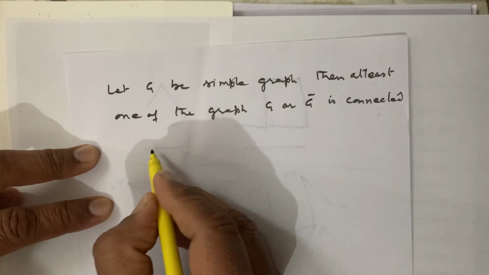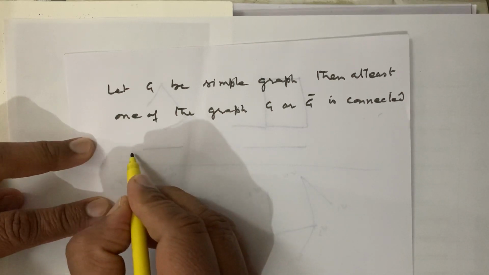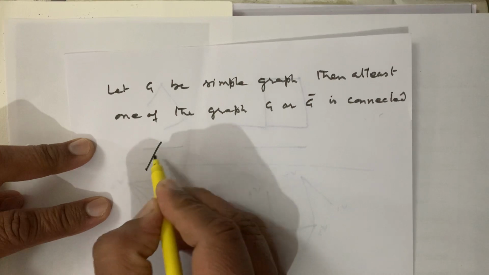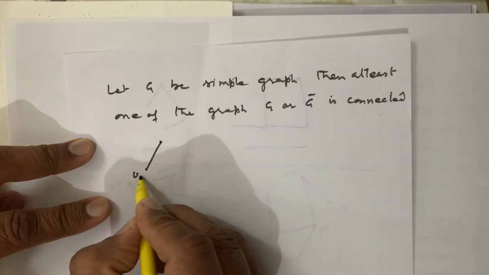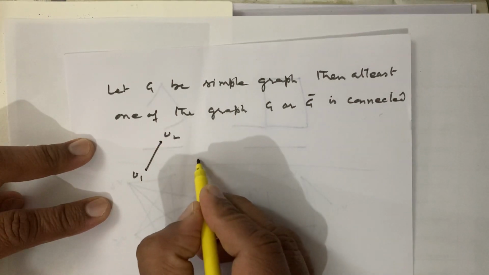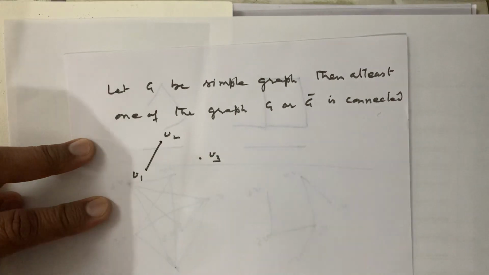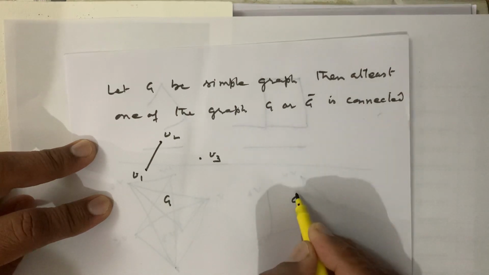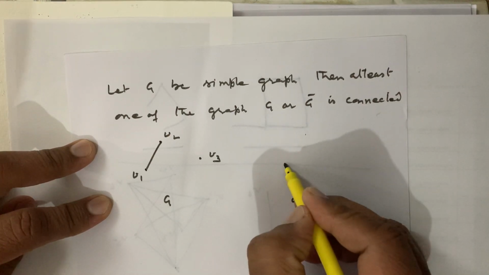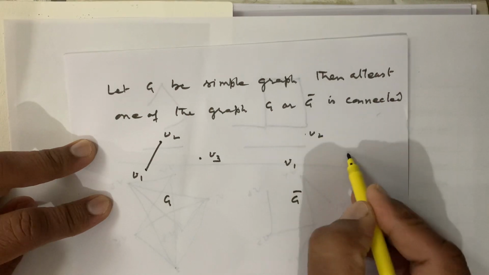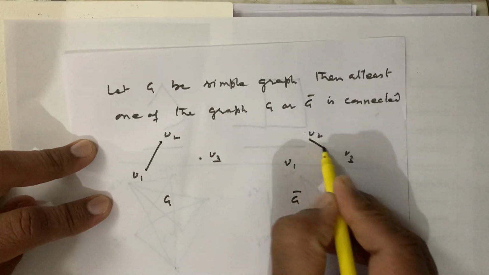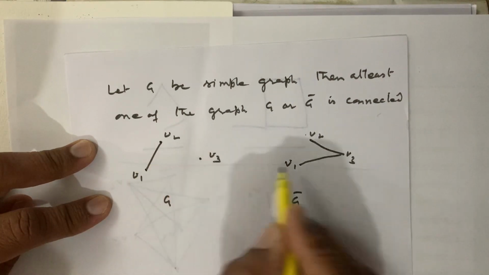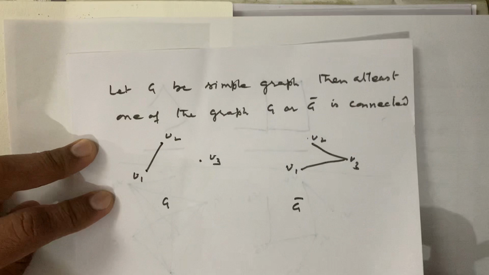तो मान लिया मैं कि G मेरा कुछ इस तरह से है, G has two components. This is V1, V2, and this is an isolated graph. So if this one is G, then G bar is V1, V2 and V3. अब अपने पास ये ग्राफ बन जाएगा। तो जहाँ एज नहीं थी वहाँ एज आपके पास G बार में बन जाएगी।